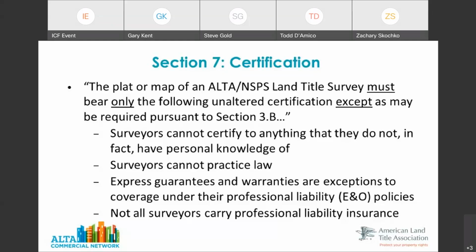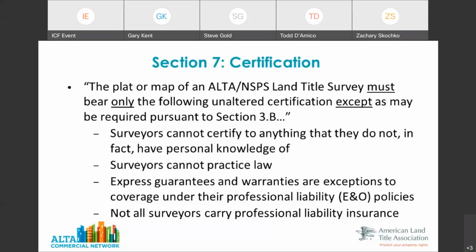I can't give express guarantees or warranties because that will be excluded from coverage on my professional liability policy. There are all kinds of things in addition to the fact that if I certify to things like that, I am most likely violating statute in my state by certifying to things that I don't have actual personal knowledge of. So that's a consideration there.